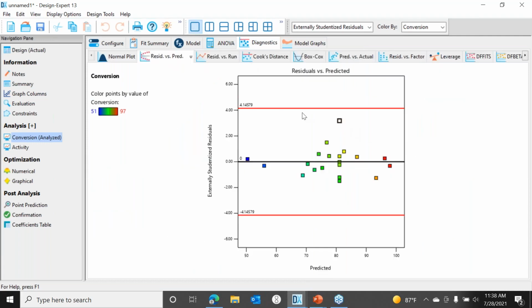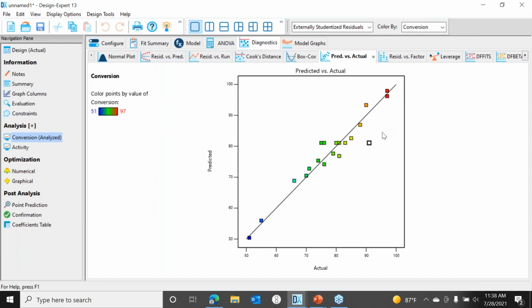Here I see that one data point, it's not outside the red lines, so it's probably not causing me any great problems. I could look at the predicted versus actual, and that data point is probably a little bit further from the line than the rest, so that's interesting. And if I was really concerned about that data point, there are a couple of influence charts that I might